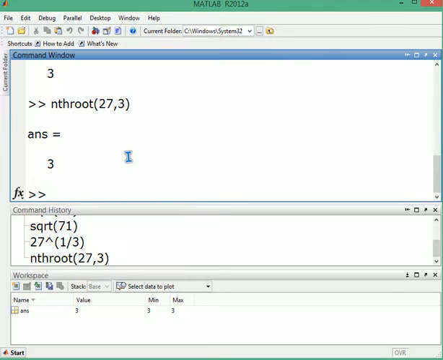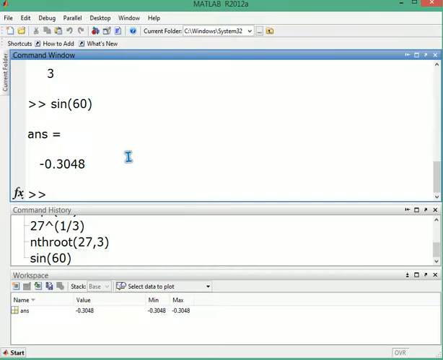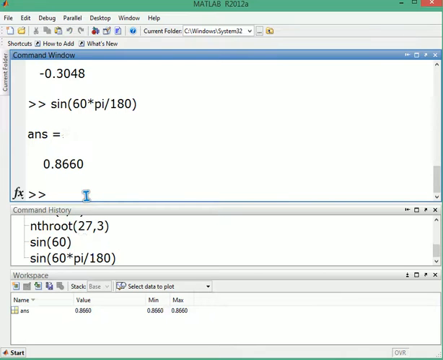Now coming to our trigonometric functions like sine, cos, tan, cosec, etc. For that, just pass a value in the sin function, say 60, and we have an answer. But remember that this value is in radians. MATLAB considers the value always in radians. It is your responsibility to convert it into degrees. For example, if you wish to convert this, then you have to multiply it by pi and then divide it by 180 to arrive at a certain solution.